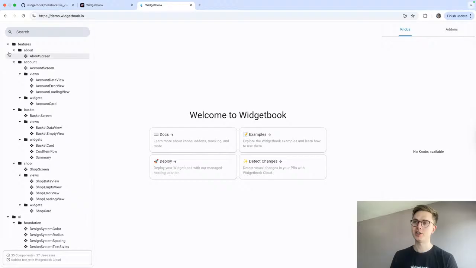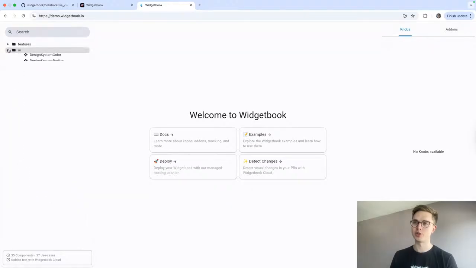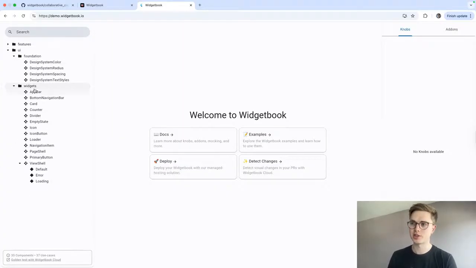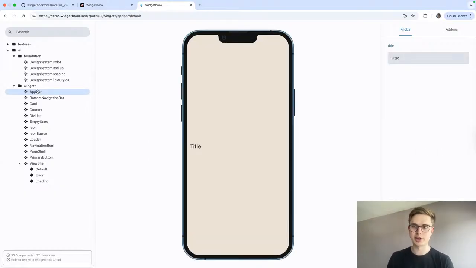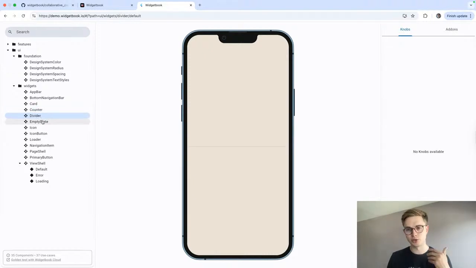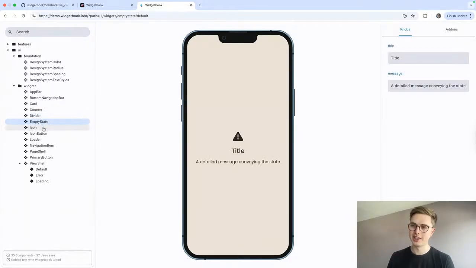And what you can see here on the left side with Widgetbook, you can see an overview of all the different widgets that you have in your app. So you can see in our case here now, for example, all our reusable UI components. So for example, you can see your app bar, your button navigation bar, your card, your counter, your divider, and so on. So it really allows you to have this isolated view of all of your components,